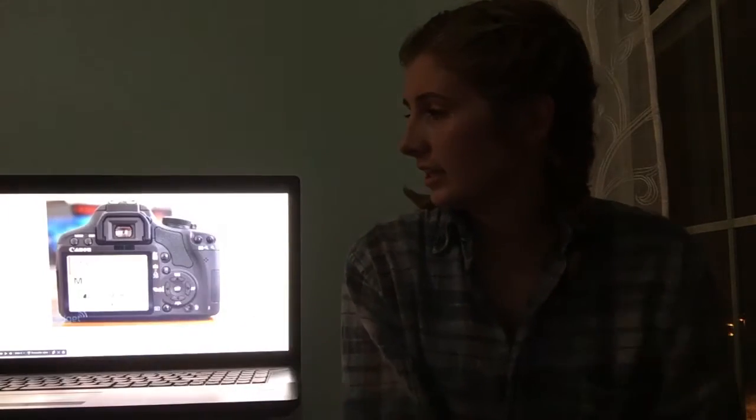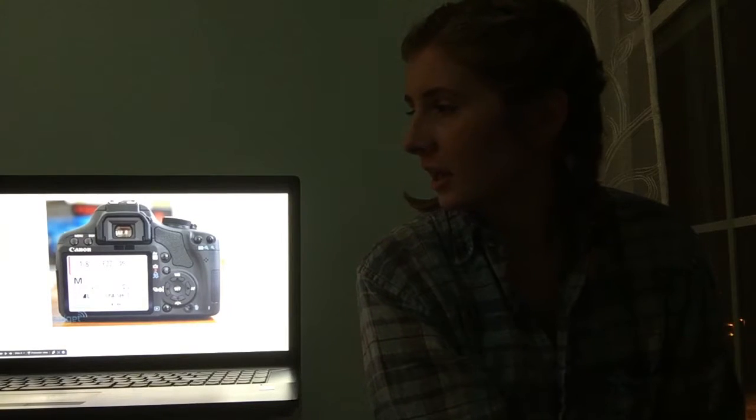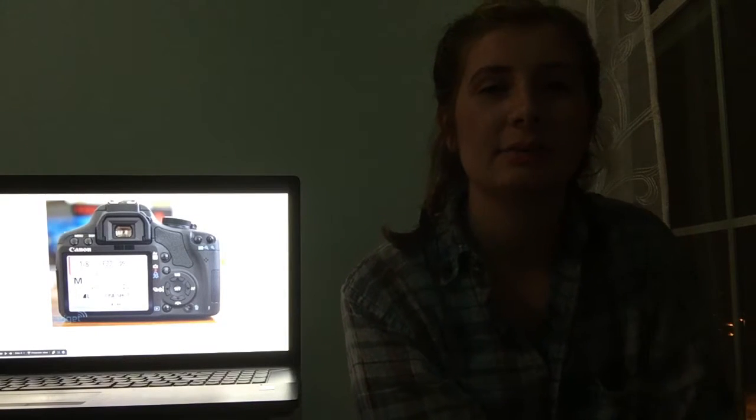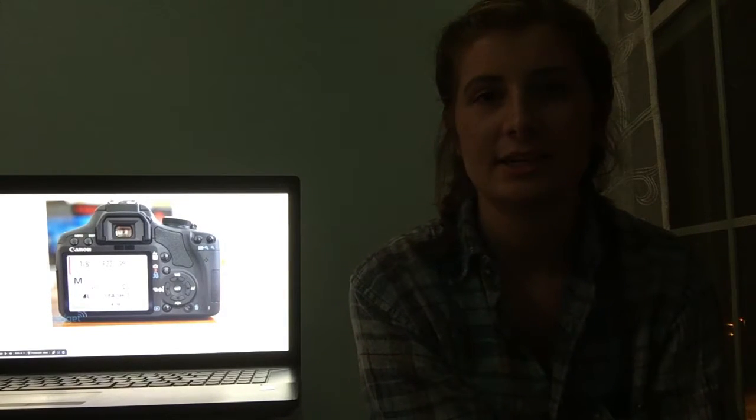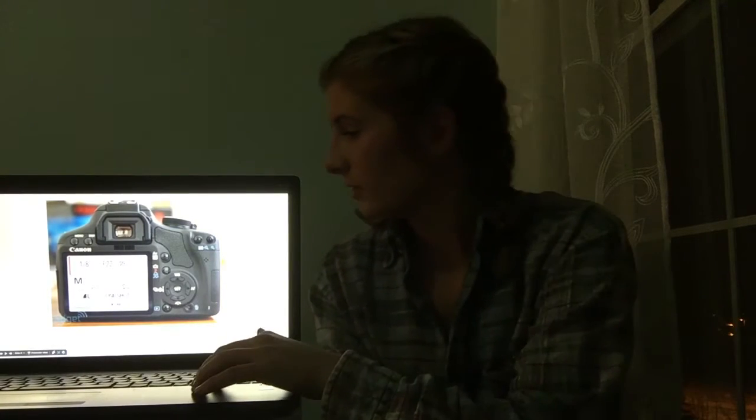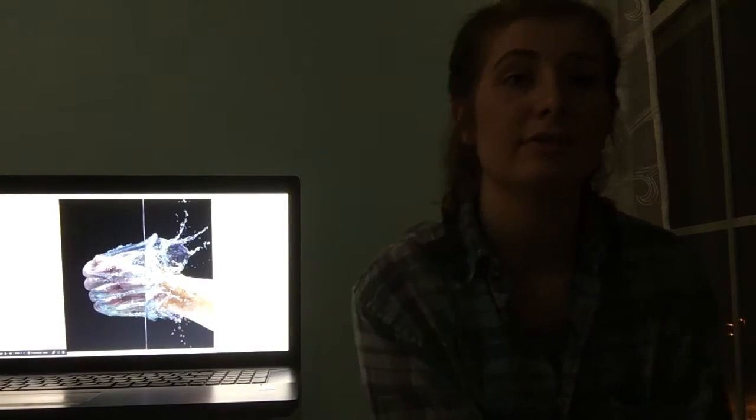So the next setting that you need to know is shutter speed. And shutter speed is how fast the picture is being taken. So if you were at a sports game or people were moving fast in your photos, you need a high shutter speed. So like in this photo, the hand's going through the water really fast, so you would need a